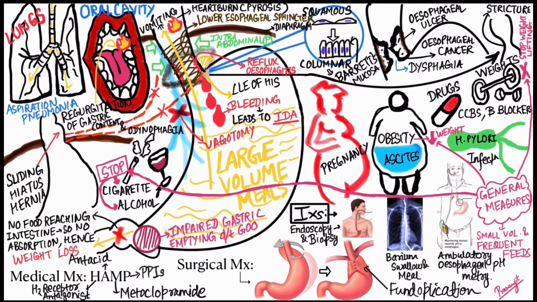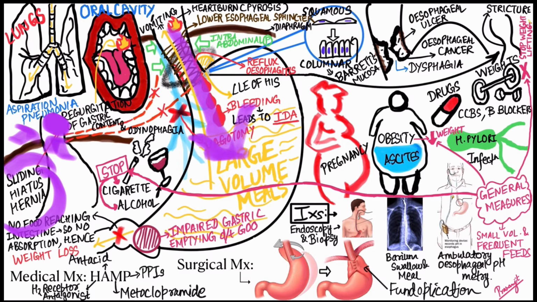Now, coming to the etiological factors which are responsible for gastroesophageal reflux disease, first is sliding hiatus hernia. As you can see here, a part of the stomach goes beyond the diaphragm and enters into the thorax. So now the gastroesophageal junction, okay, that is lying above the diaphragm in the thorax. As a result, this leads to loss of obliquity of the esophagus entry into the stomach, and also since part of the stomach is now above the diaphragm, the intra-abdominal pressure which was reinforcing the lower esophageal sphincter tone is also absent. Because of these two factors, it leads to gastroesophageal reflux.